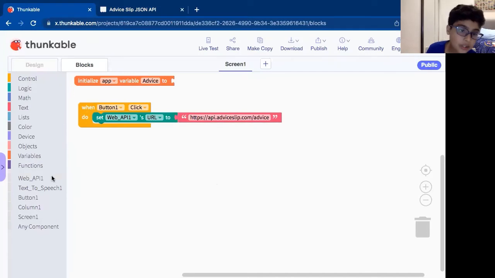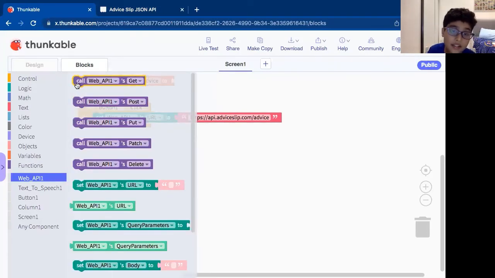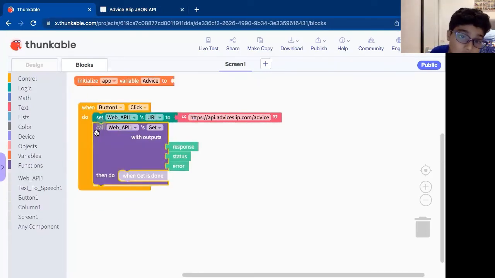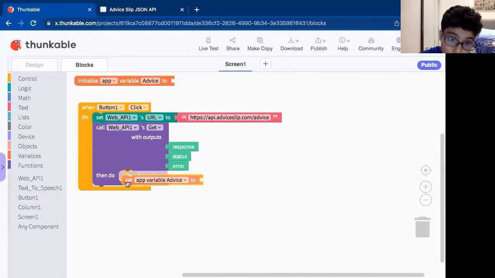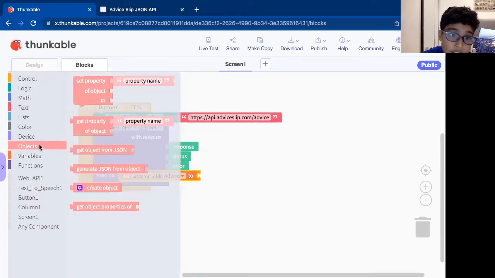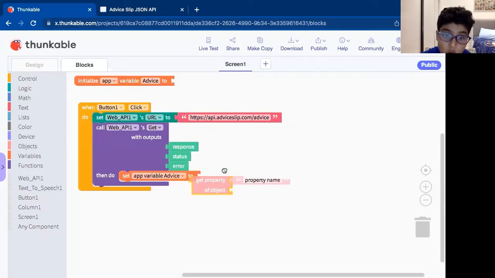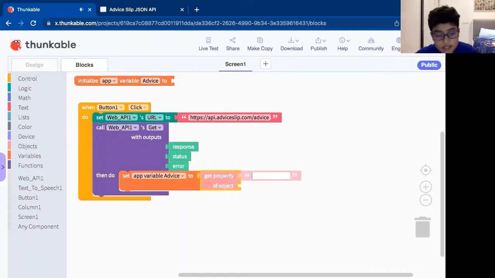Okay. Now again, you go to the web API and call web API's get. Now we want to get that advice from the API. So next, after doing this, we go to the variables and set app variable to. Go to the objects, and we have to get this get property of object. We're going to name this advice. So we're taking the advice,